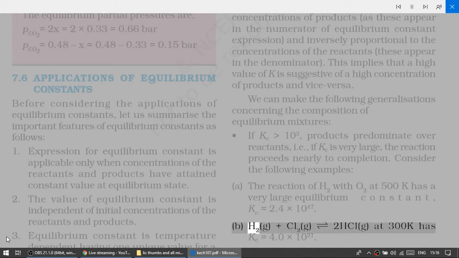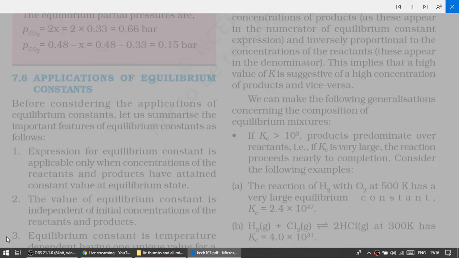B. H2(g) + Cl2(g) ⇌ 2HCl(g) at 300 K has Kc = 4.0 × 10^31. C. H2(g) + Br2(g) ⇌ 2HBr(g)